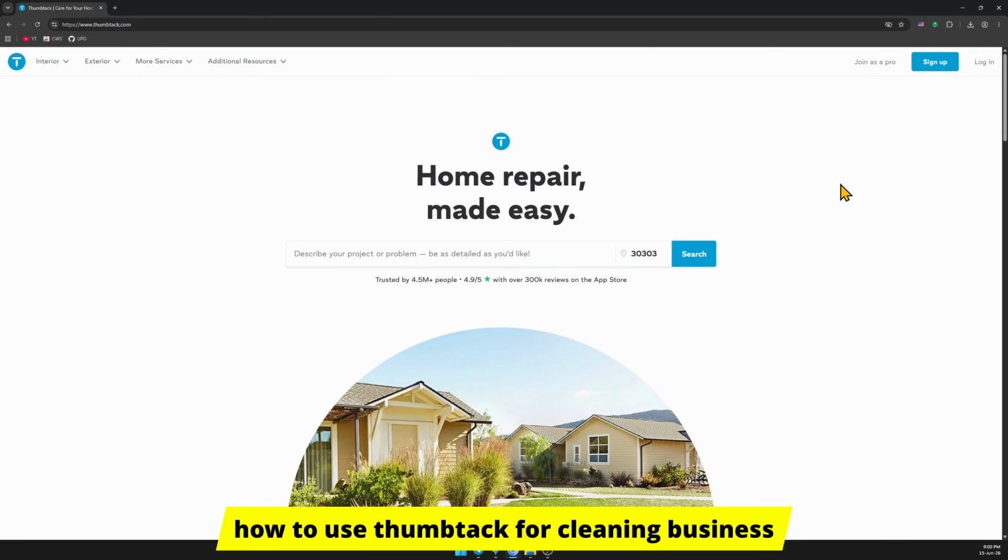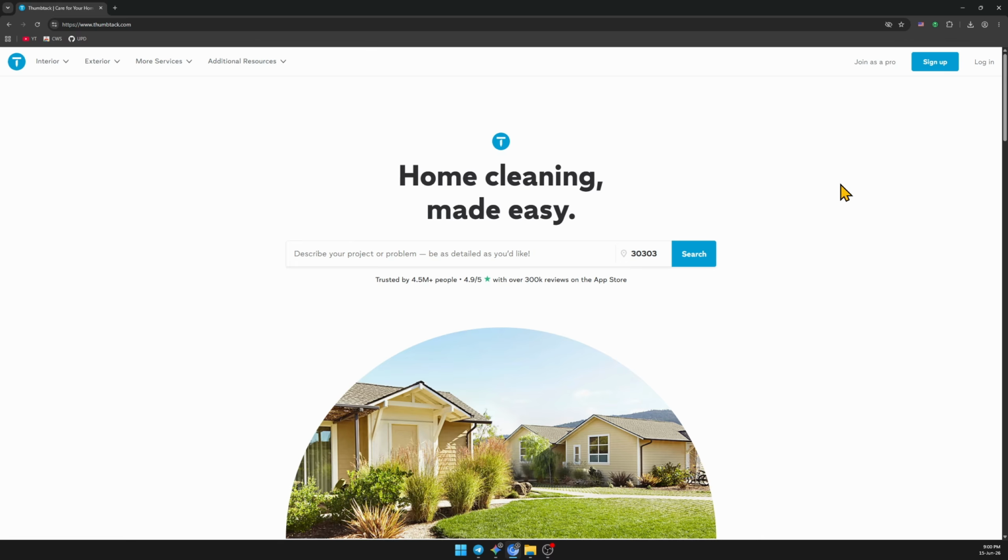How to use Thumbtack for cleaning business. Throwing money at broad local advertising platforms completely drains your cleaning business's cash flow with zero guaranteed return. To pull consistent, high-paying residential or commercial cleaning leads, you need to configure Thumbtack's professional targeting engine with absolute precision. Today we are deploying the exact app setups and preference overrides to lock in high-margin jobs without burning through your